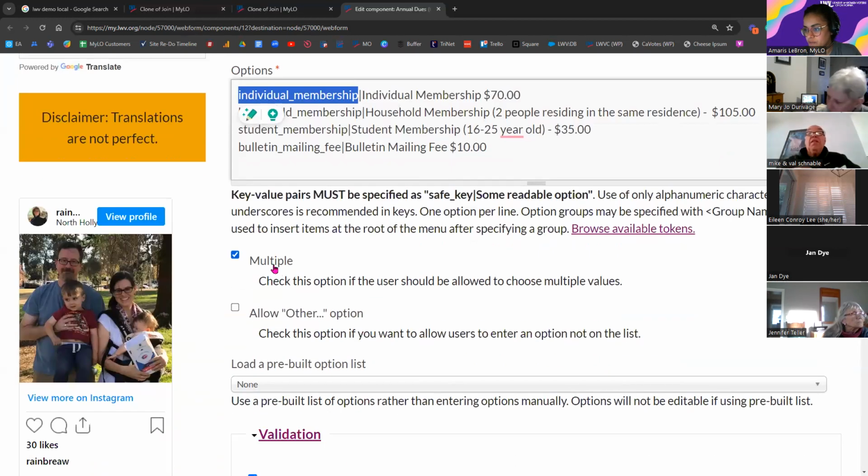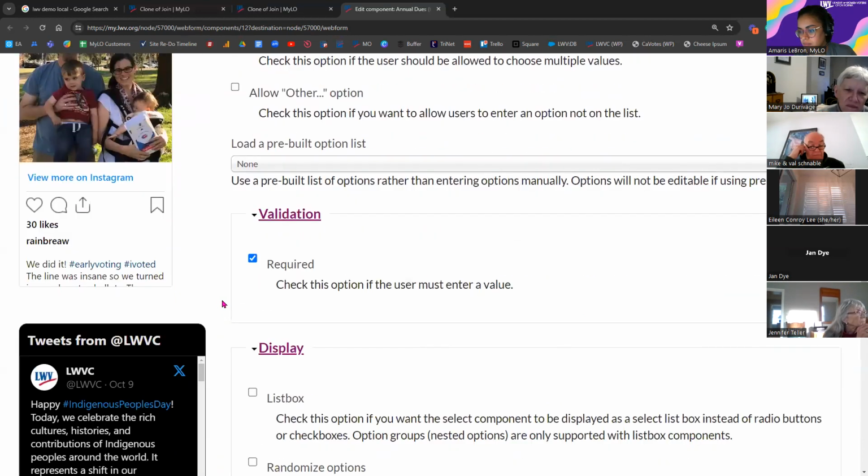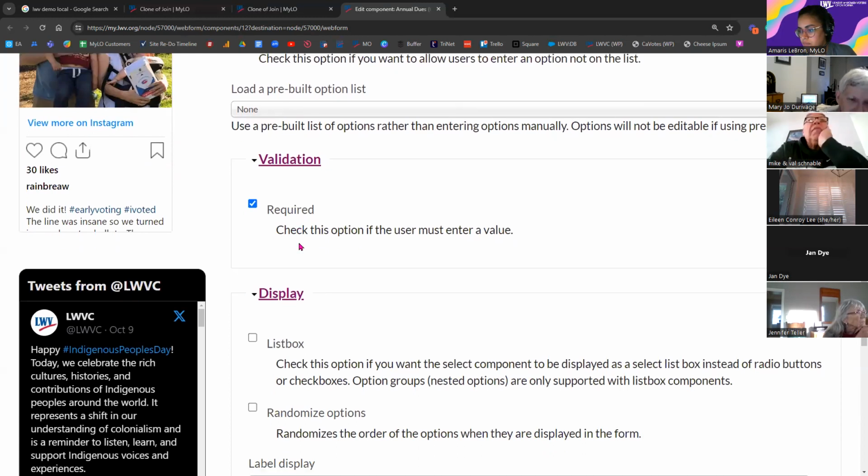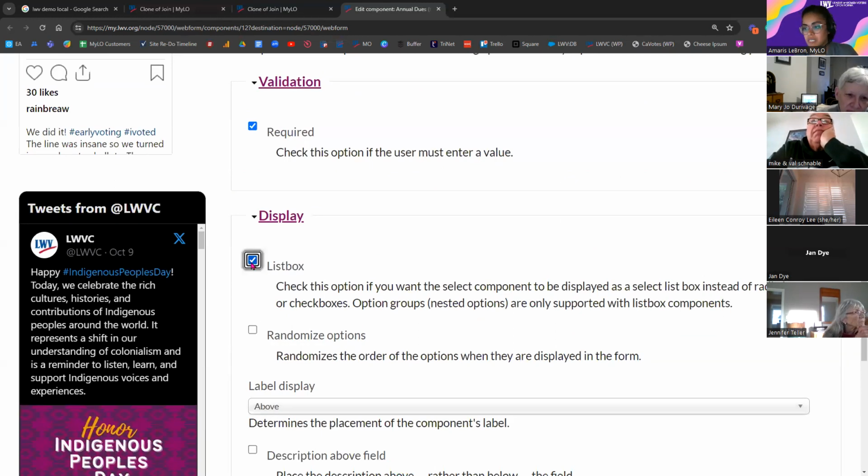And then we allowed for the choice of multiple, so that's why we get the checkbox instead of the radio buttons. And we have made it required. I'm going to go ahead and choose the list box, or actually, no, we'll leave it